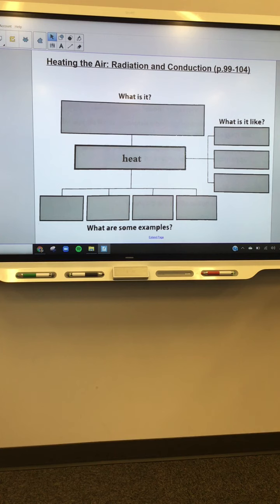Wait, which one is it? What is it like? What is air? Wait, what do we do? What is it? What is what? Heating, air, radiation, and